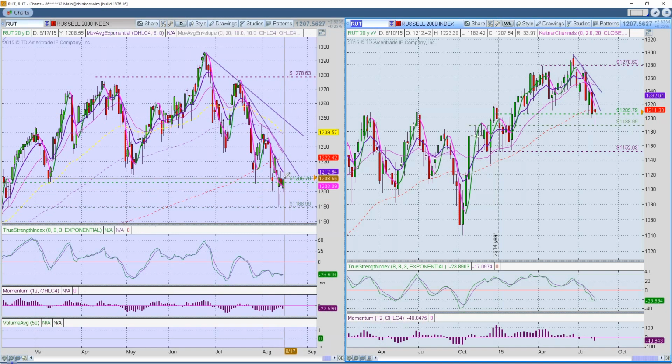And if we do get a move up, it's still got to get through the 8, back up to the 200, and we'll see what happens when it gets back up into this area here around the 100 and the 50-day moving average. Right now, it is the weakest of the indices, but it too has been putting in very nice patterns. And so we may get a rebound back up to this downtrending line, which will probably be at about the 1220 level, and then we'll be able to make a determination on whether or not we want to put in a put or short the IWM